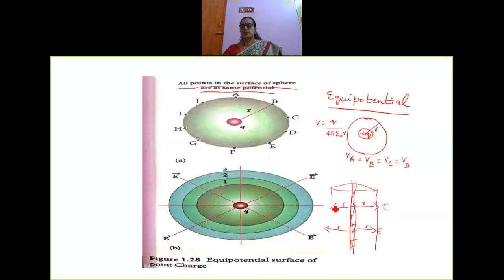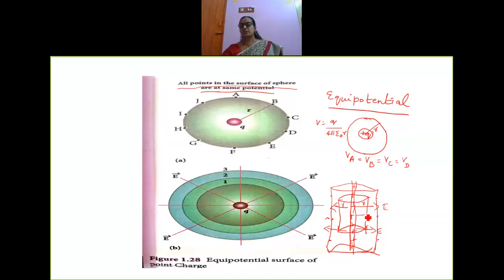Now, all the points on this cylindrical surface, now you consider points here, you consider points here, you consider a point here, here also you consider points. Now, all the points are equipotential. It means they have the same potential. I can draw one more cylindrical surface here inside. So, here is a concentric cylindrical surface due to a long charged wire.